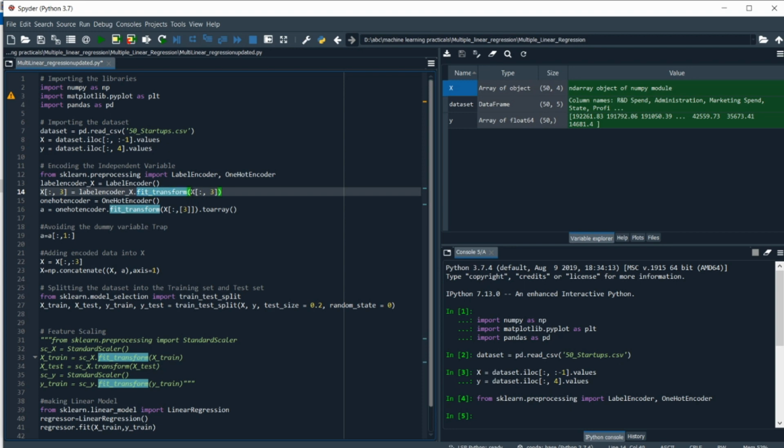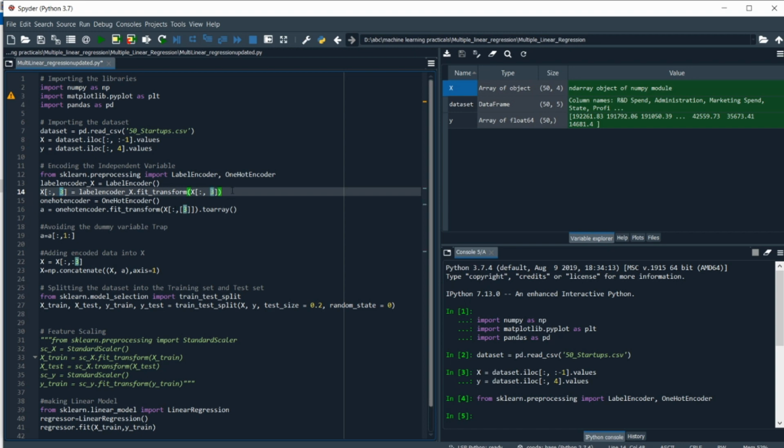So we use the independent variable X, and then in the square brackets we put a colon for all the rows and comma 3 for only the column at the third index, and then we store this back in the third index column. So we use X square bracket colon comma 3, meaning the column at index 3.